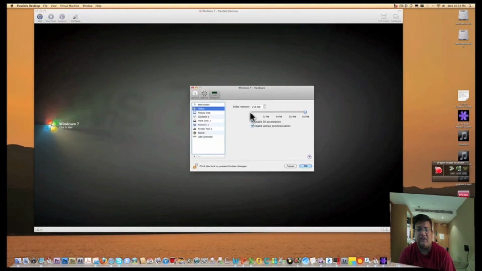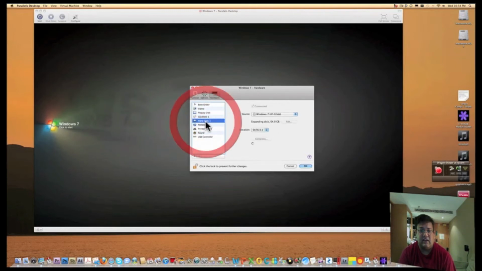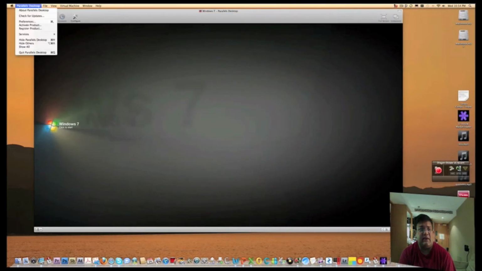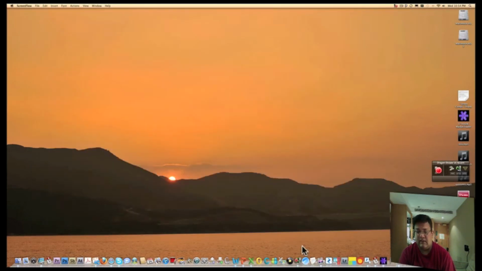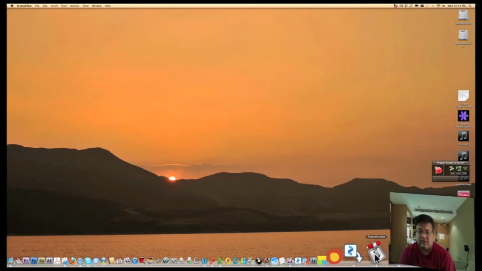So, like, I've set 26 megabytes of memory. I've put in heaps of RAM and all of that kind of stuff. There's heaps you can do with it to speed it up, but Parallels it is. I used to use VMware 4, didn't like it, moved to Parallels. Transmission, yep, we know what it is. Oh, we missed